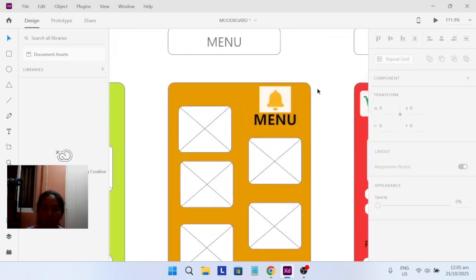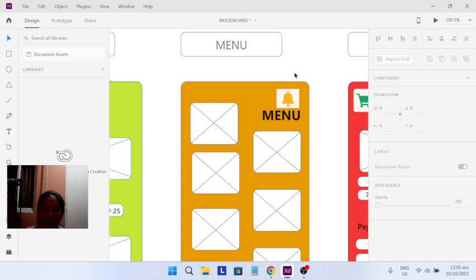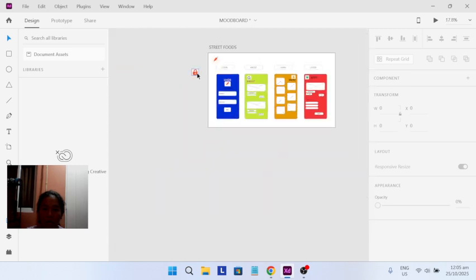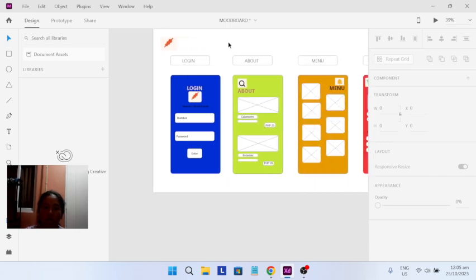Wait, let's fix it first. Lagyan natin ng background color para mas maganda.